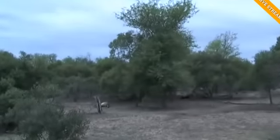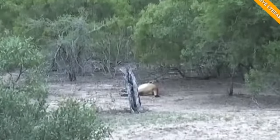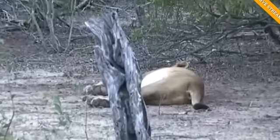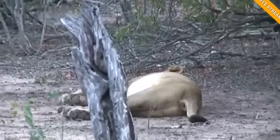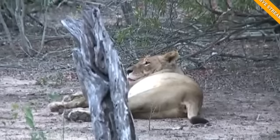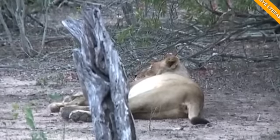And while we're looking at these beautifully tawny coloured lions, a question from Ashley in North Carolina. It's a common question we get asked a lot, about different colours of lions, and whether we get white lions here or albino lions, and have I ever seen them. Now,